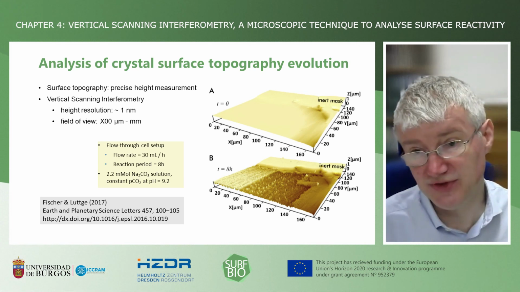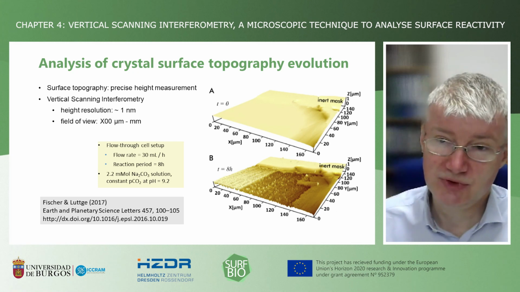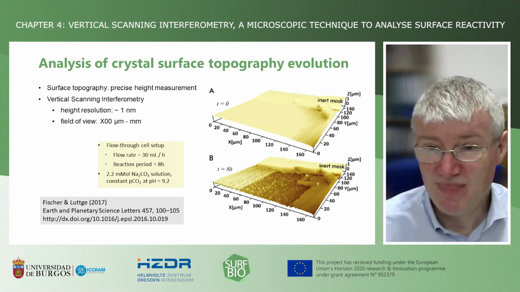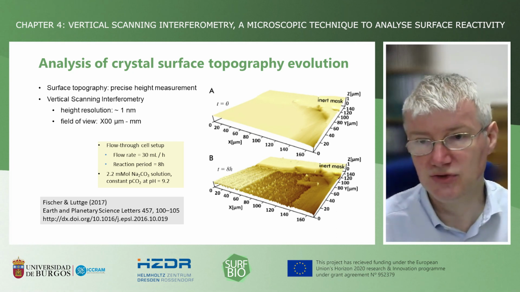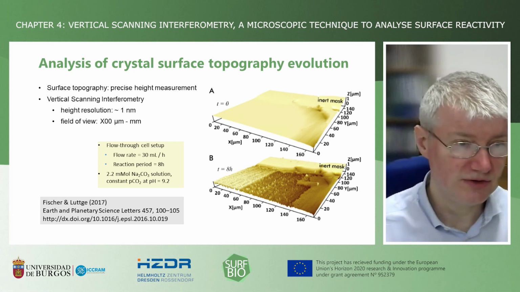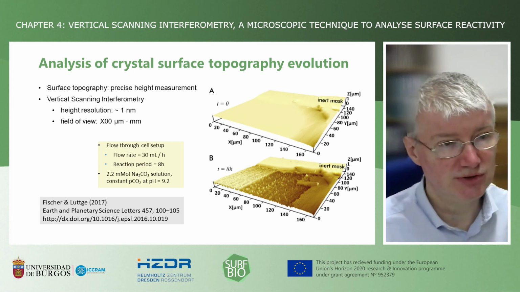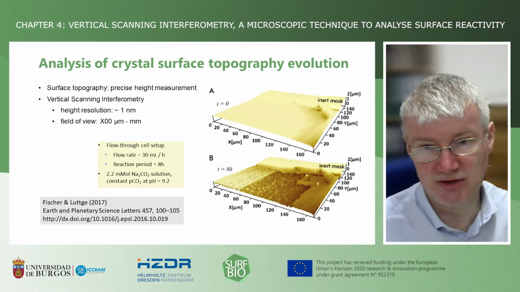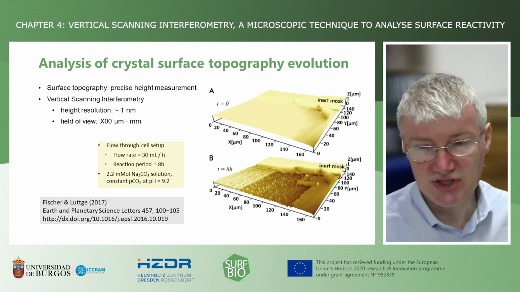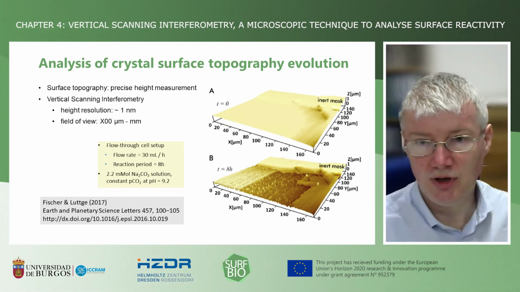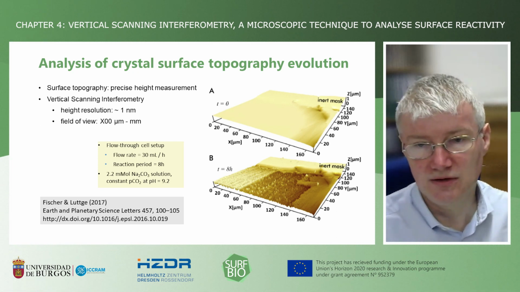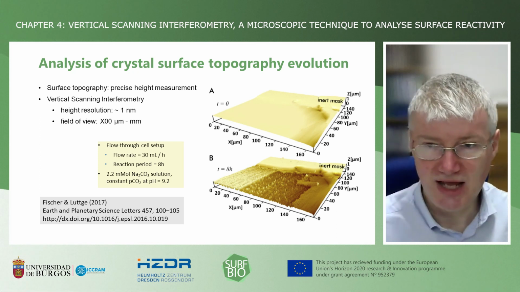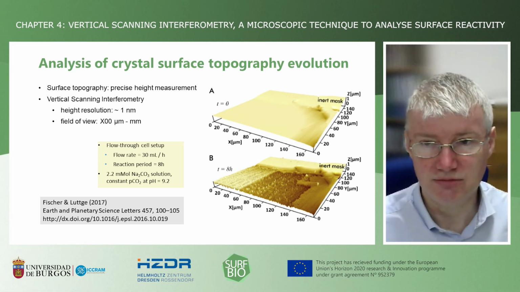On the right-hand side of this slide, we have topographic maps of materials shown. I guess most of you have seen something like that already. It is reminiscent of the surface maps that are captured by using AFM, atomic force microscopy. The method I would like to discuss with you has a similar resolution with respect to height. It's in the nanometer range, and if you tweak the system, you can go even beyond, and you will end up in the angstrom range for height resolution.